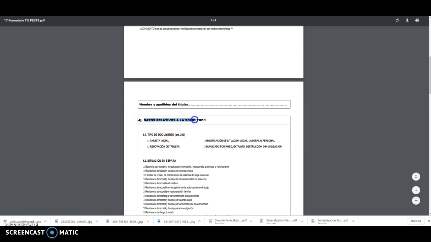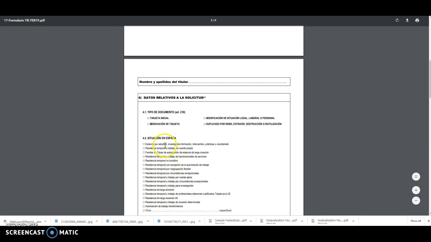you would select the type of application this is, whether it's an initial application or a renewal, which you would do for your consecutive years of applying for a student residence card. Next, you'd select the category, your situation or category for residence. In this case,